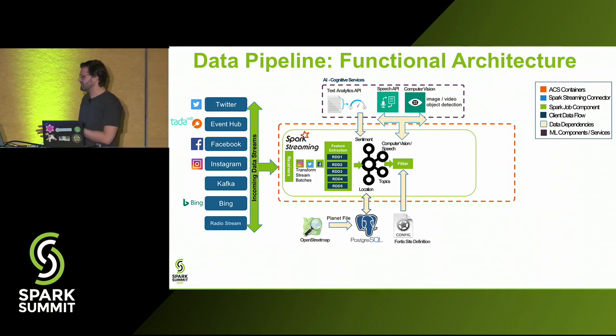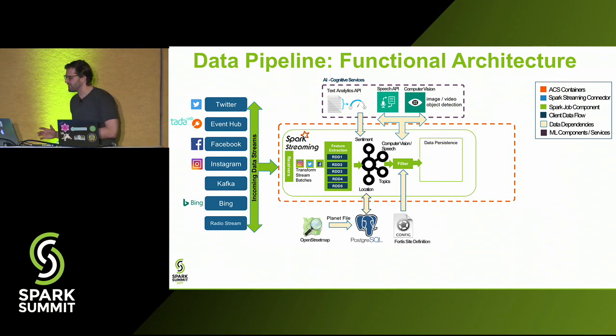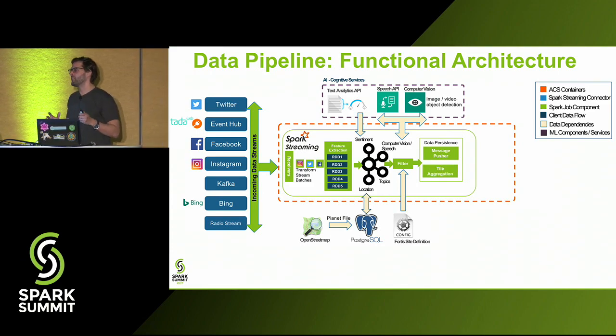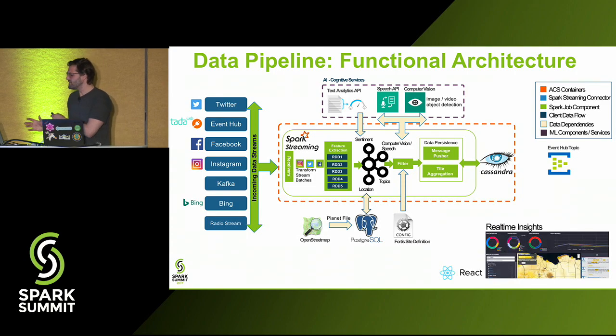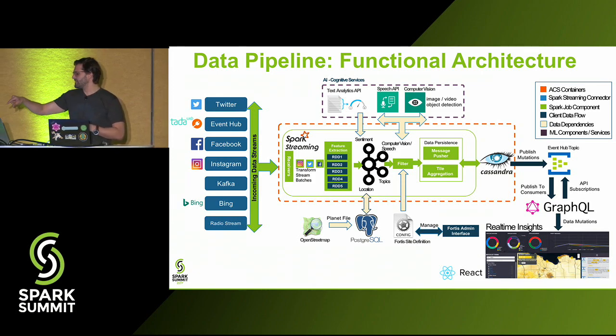So based on the site definition that's defined in the admin interface, we filter all those events based on the definition. And then the individual messages are pushed into Cassandra, and we're aggregating all those events based on a location tile. We have an event hub that our dashboard is subscribed to. As results are pushed to Cassandra, we drop a message on the event hub, and then the revised geotile is pushed down to the dashboard, and the dashboard re-renders in real time.